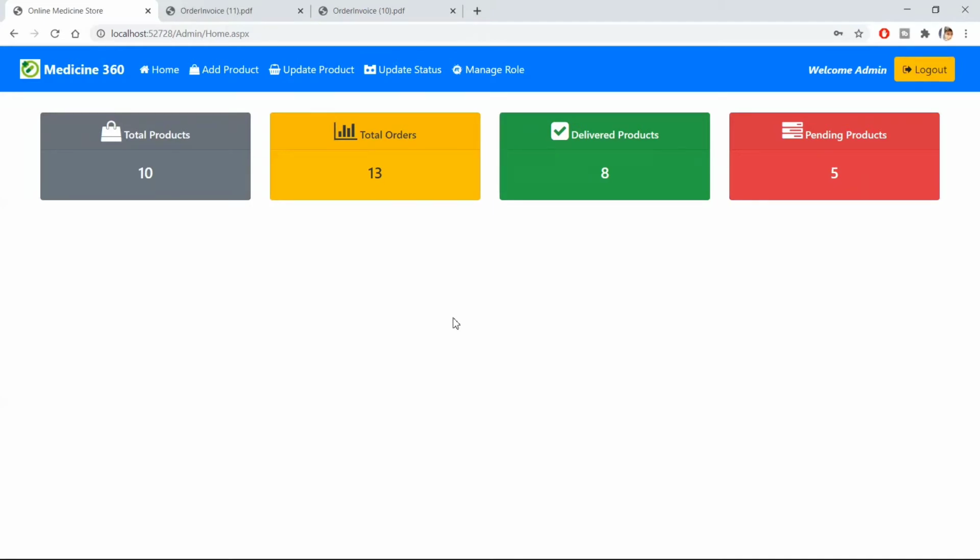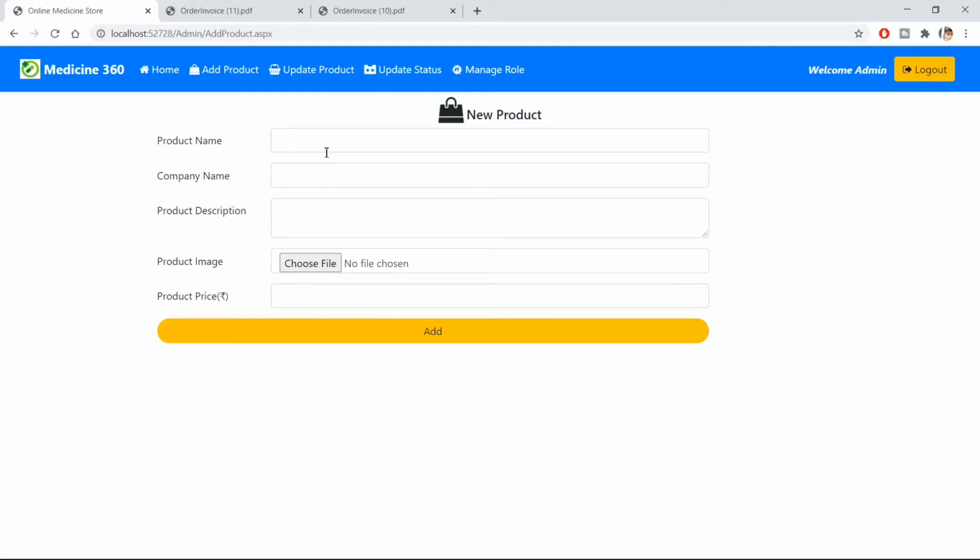In your home page, it will show all products, total products available, total orders that have been made till now, successfully delivered products, and the products which are in pending status. And in the second option, add product is there, where vendor as well as admin can add products from here.